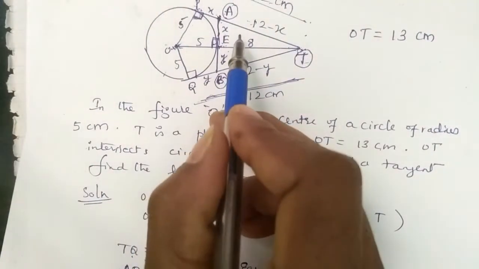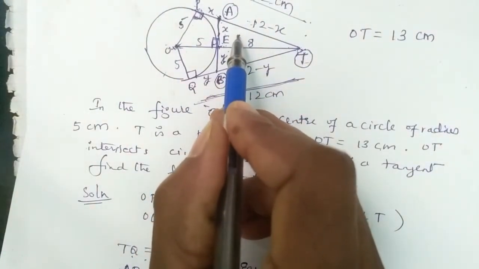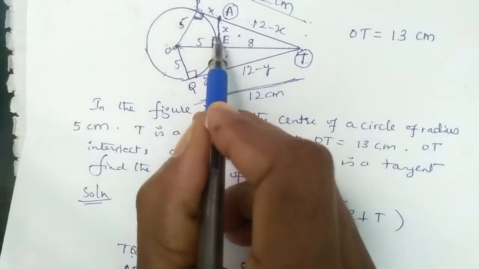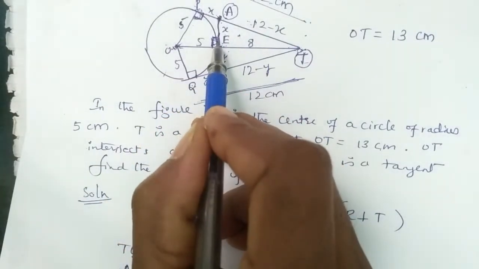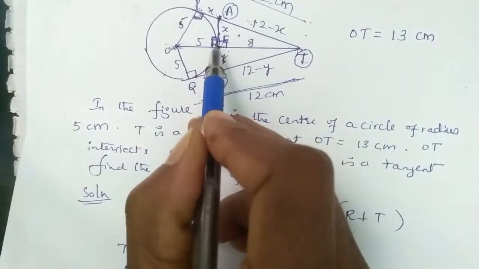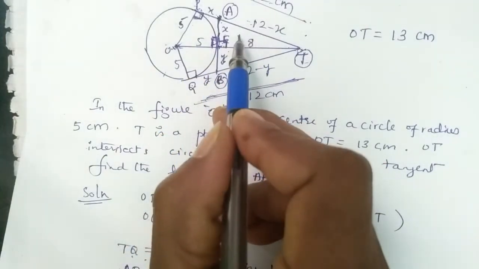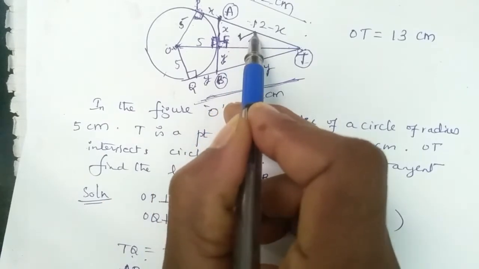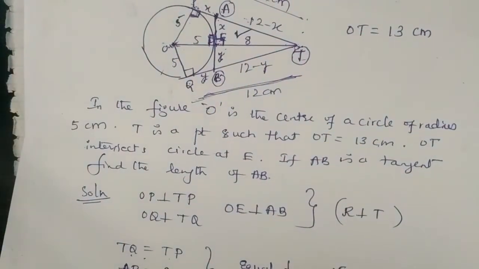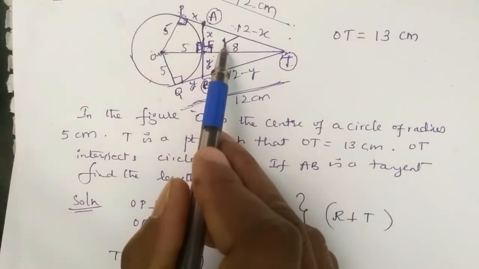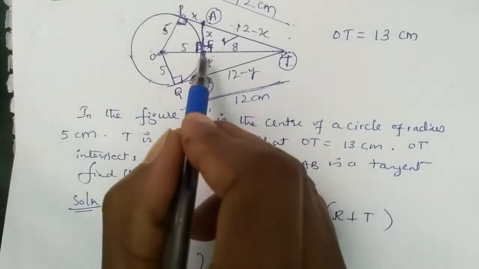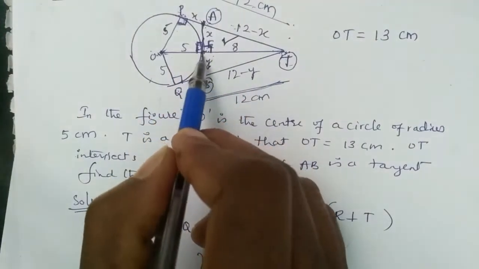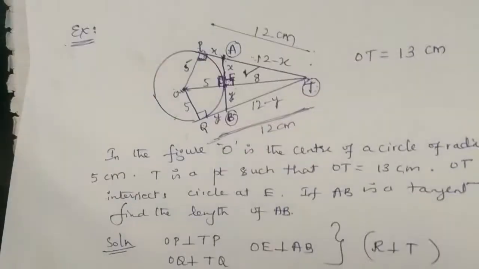So now let us go for this triangle. We consider this triangle. Here once again, one right angle triangle is formed because OE is radius and AB is tangent. So this side is 90 degree, definitely the other side also, since it is a straight line angle of 180 degree, the remaining is 90 degree. Now let us consider this triangle where I made a tick mark, that right angle triangle. In this right angle triangle, the hypotenuse is AT. AT square is equal to AE square plus TE square. So that we write here now.